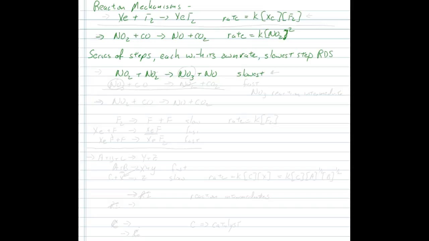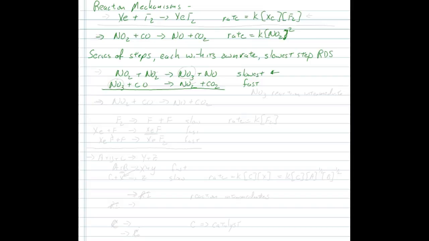Then quickly NO3 reacts with CO to form NO2 plus CO2, and this is a faster step. The slowest step is the rate determining step. If you add the two together,